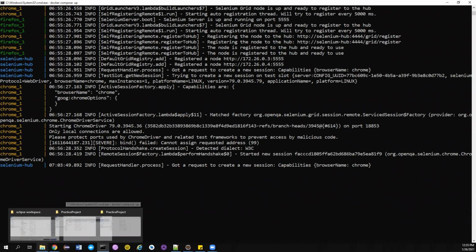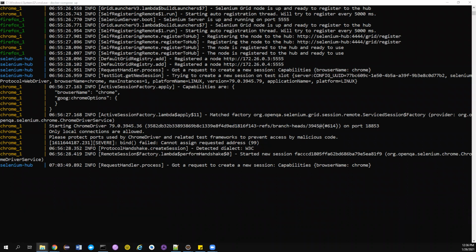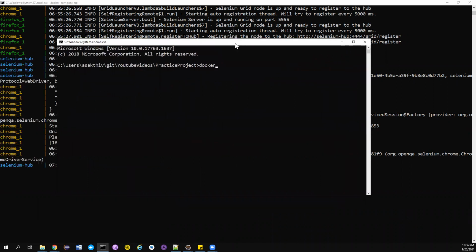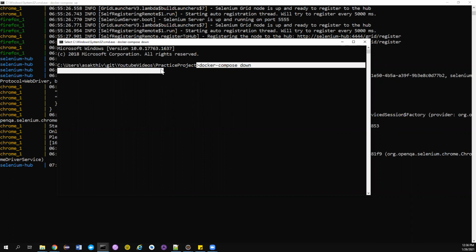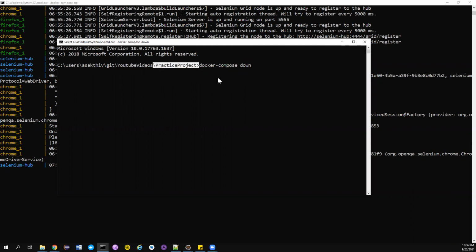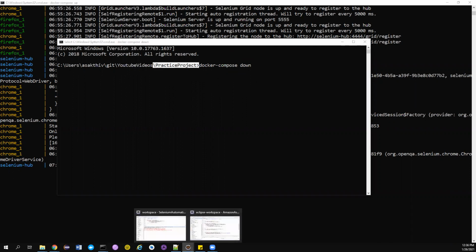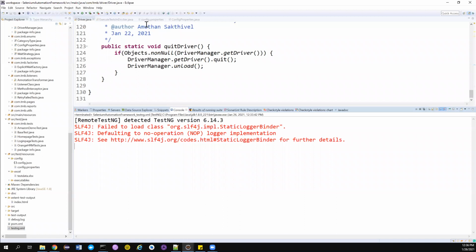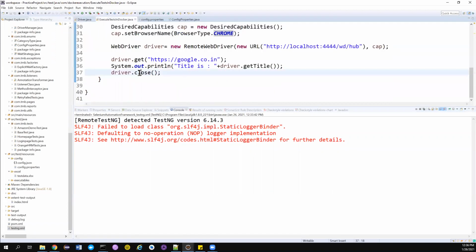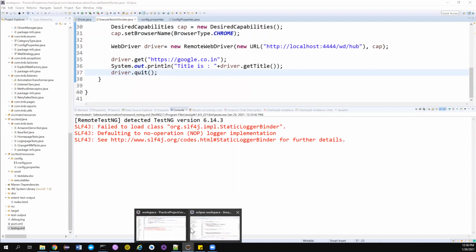What I can do is go to the practice project. I'll set up the infra again, guys. I'll quit the whole thing. If you want to tear down all the infra you have set up, you just type docker-compose down, in the same project where the docker compose file is. This is because the last time I executed the test, I didn't call the quit method, so this is still waiting. This is the test that we ran before. I should have called quit, because quit is what closes the container properly. That's a problem on my side, but that's okay, we'll fix that.